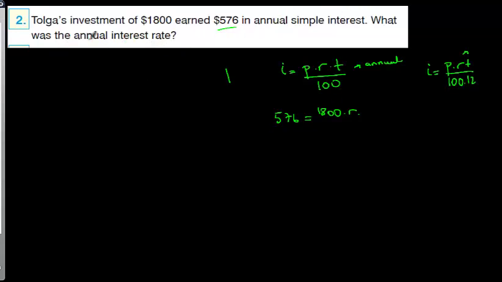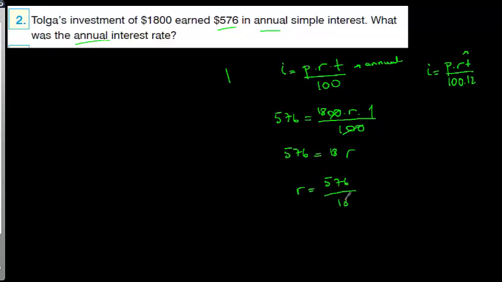For how many years? A simple interest for 1 year. Annual simple interest. Annual means yearly. In 1 year he got that much, so over 100. So what does it make? 576 is equal to 18, if you simplify, 18 times R. So R is equal to